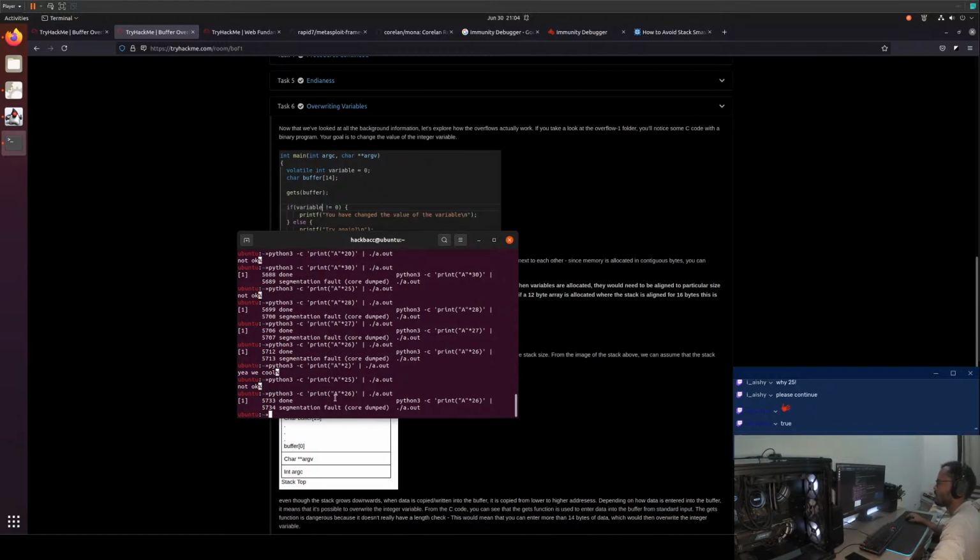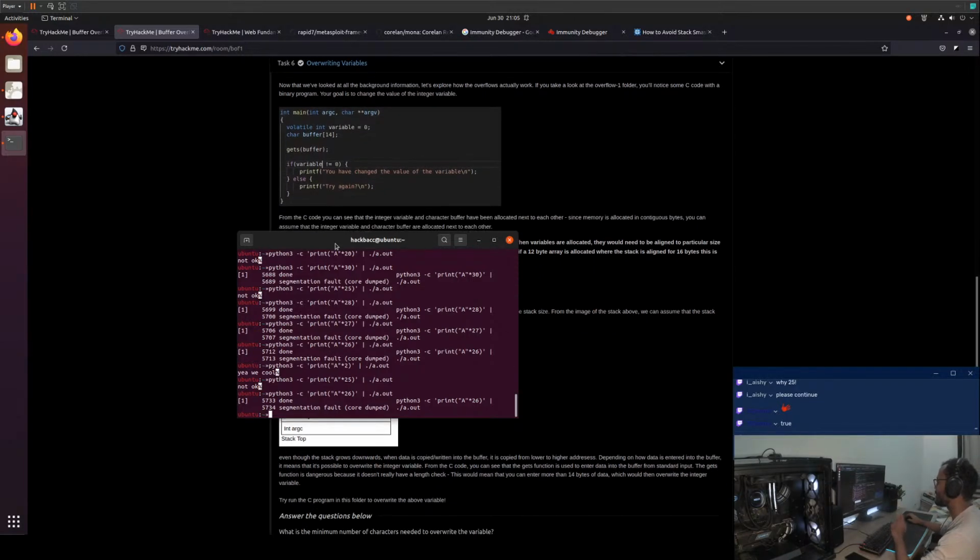So what is going on is, we know that 14 values overrode the buffer variable. Now a couple of values overwrote the variable. Now the next thing it is going to target is the return address of this function. Even the return address is in a contiguous block of memory. So every function,